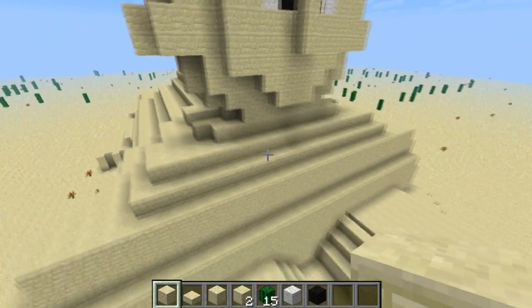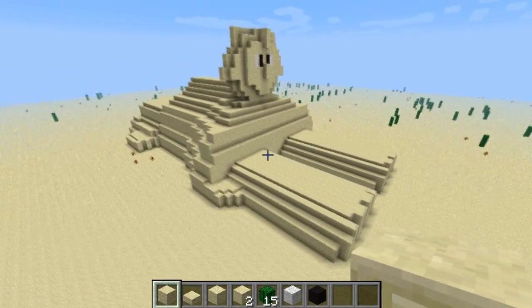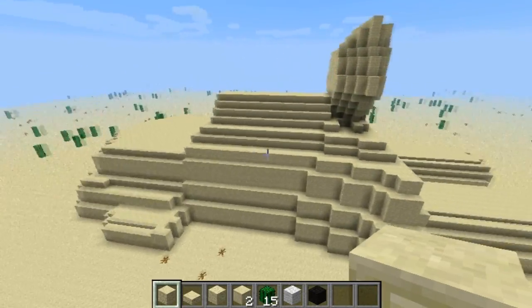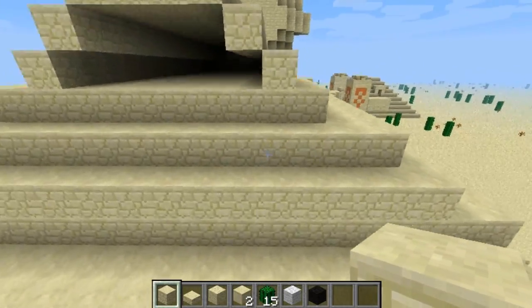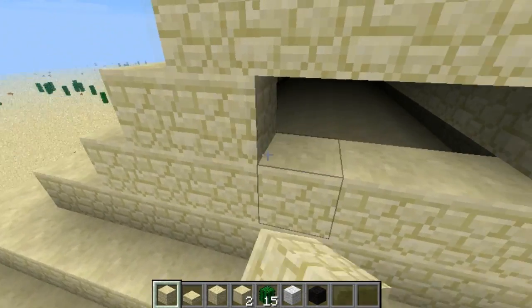And we've only got a couple more things to do, and we've pretty much done it. It's looking pretty sick. So it's just this back bit here that's missing something. He's got like a hunchback now. So we'll just fill this back bit in,